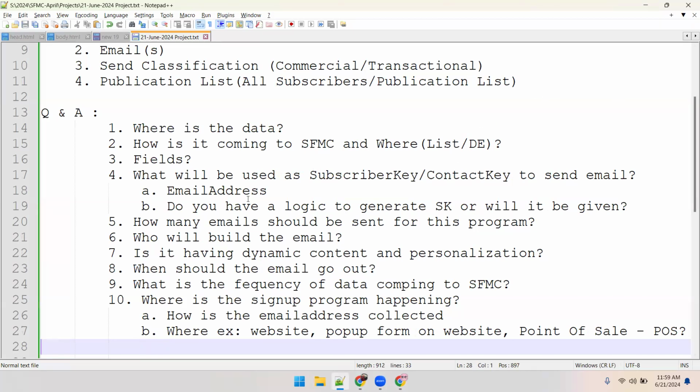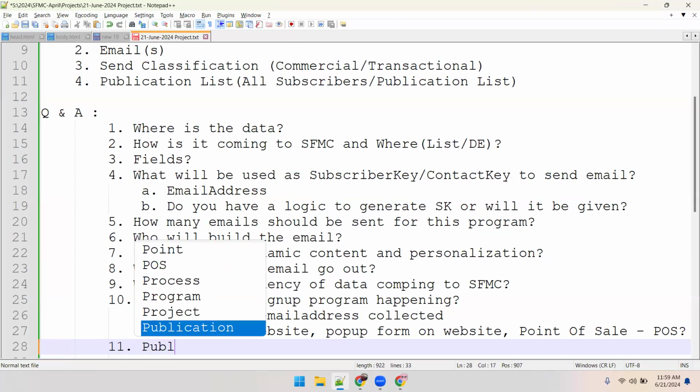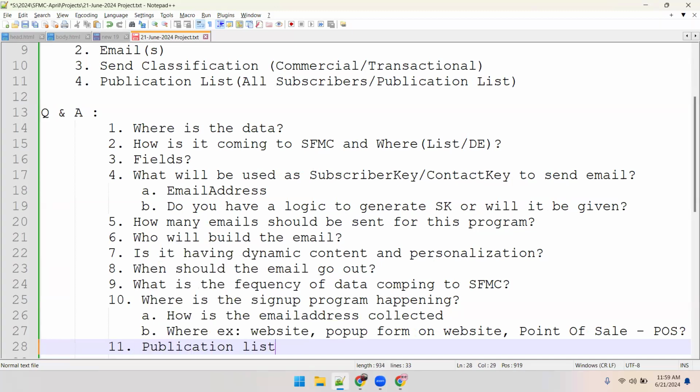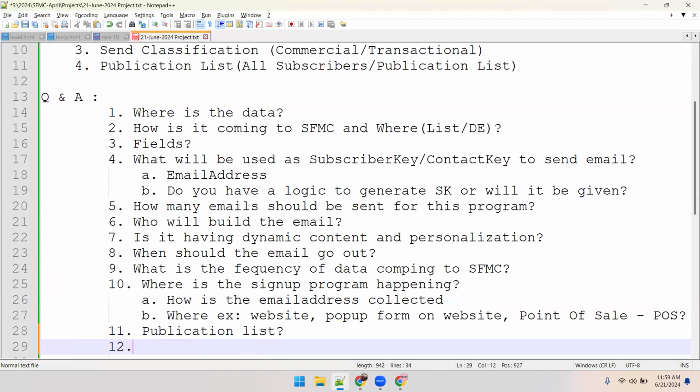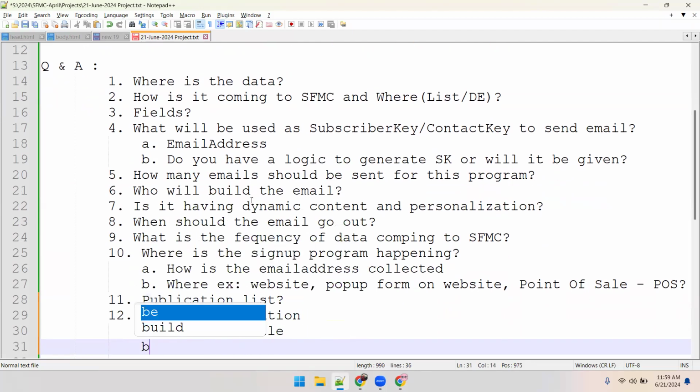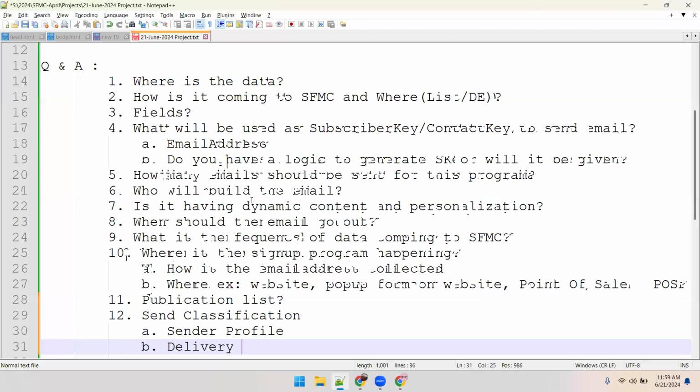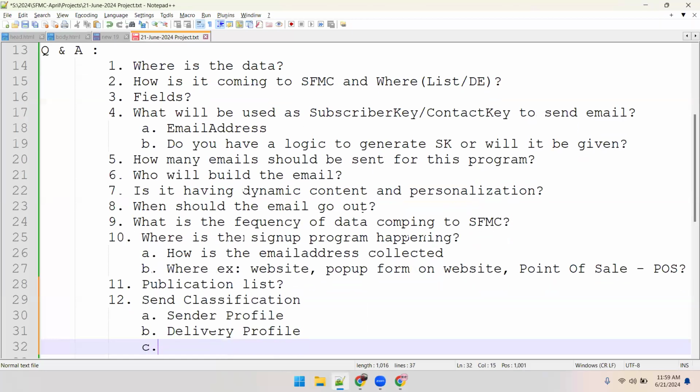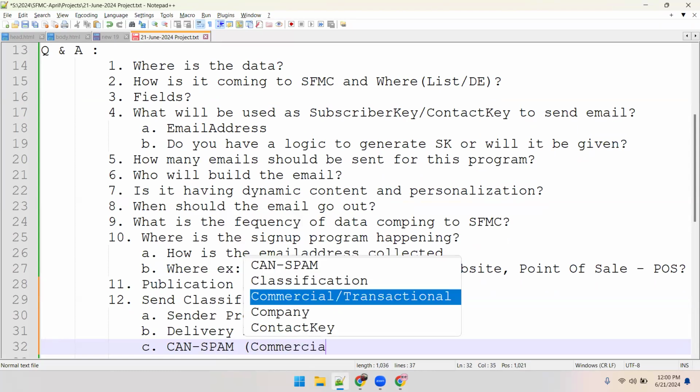So all these are the questions which I'll be asking, and one of them is the publication list. What is the publication list we need to use? Second, we need to know the send classification. That is A, sender profile, B, delivery profile, and C, we will be going with the CAN-SPAM priority, which is commercial or